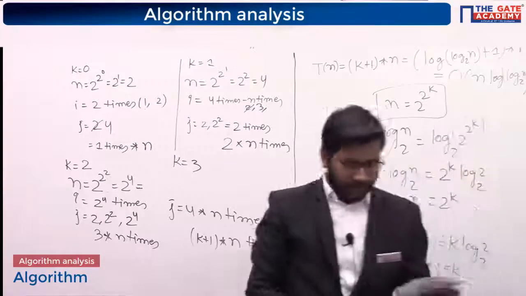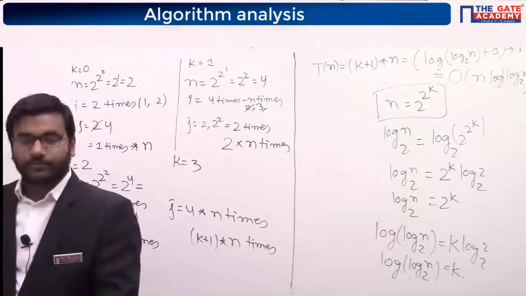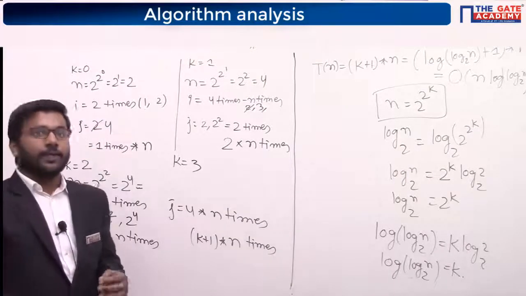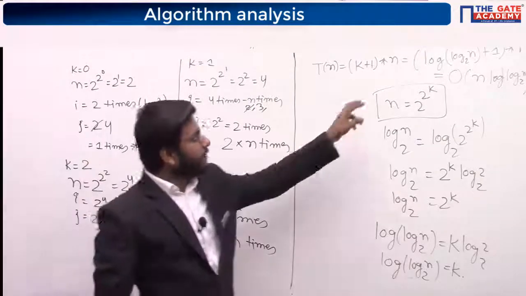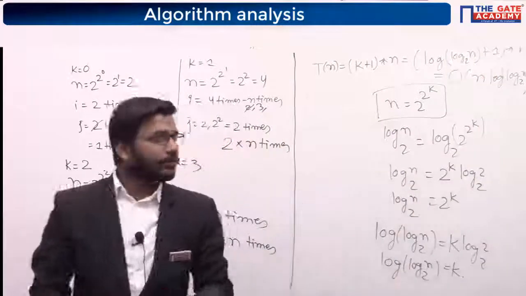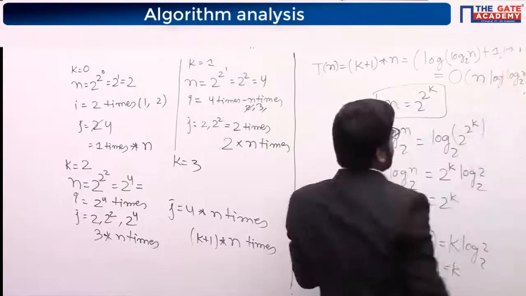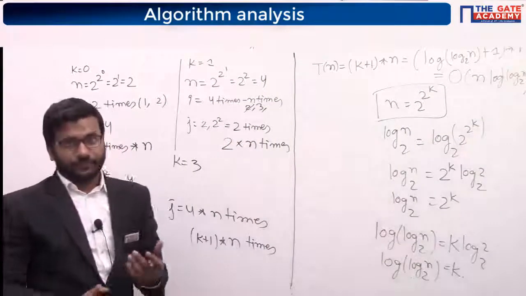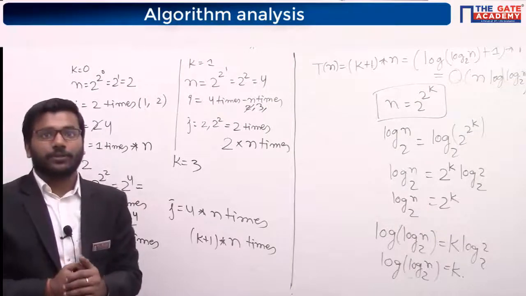Is it clear? Anyone having any doubt here? There I have taken the asymptotic notation, okay, the bigger one. Plus n, I haven't taken. So n I multiplied with this, and plus n I am not taking. I am taking the bigger one, the leading term. Patel is saying no doubt.